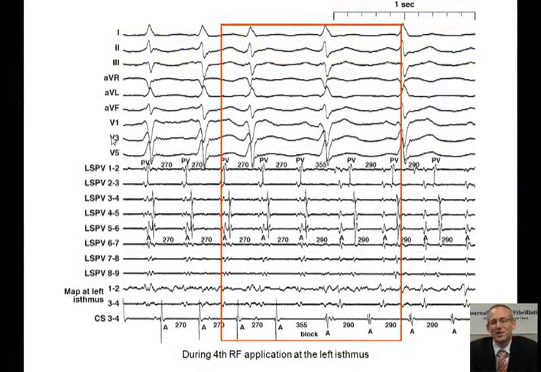However, it's not always as easy as shown in this example. Usually, patients with atrial tachycardias following CFAE ablation present with multiple atrial tachycardias that convert into each other before or during ablation. And this is one example where we also dealt